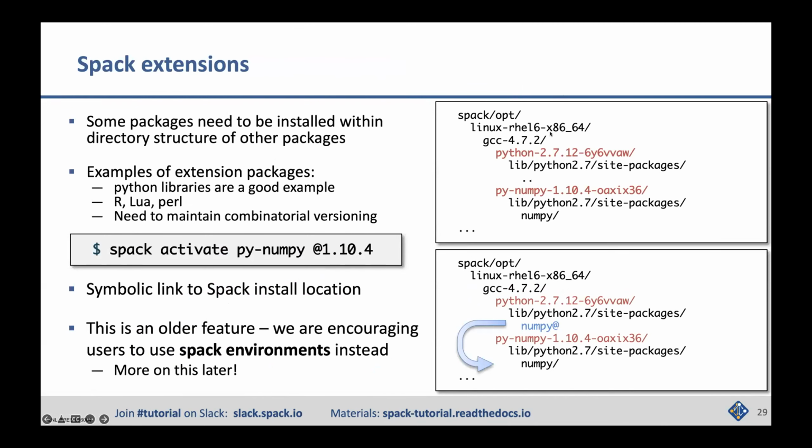So if you install, say, NumPy, this installation kind of wants to be in the site-packages directory of the Python installation. So we have this activation option in Spack that you can use to ensure that that happens. So if you install Python and NumPy and you really want the users who module load Python to see NumPy every time they do that, you can say activate NumPy in the Python interpreter and that'll link it in. And so we make a symlink tree of all of the NumPy directories into the Python interpreter, and it's on by default. We are moving towards